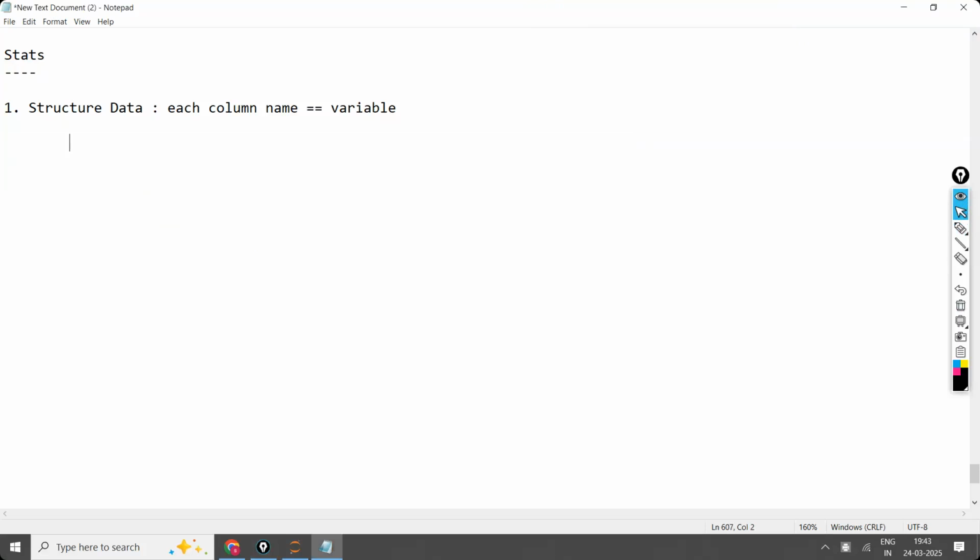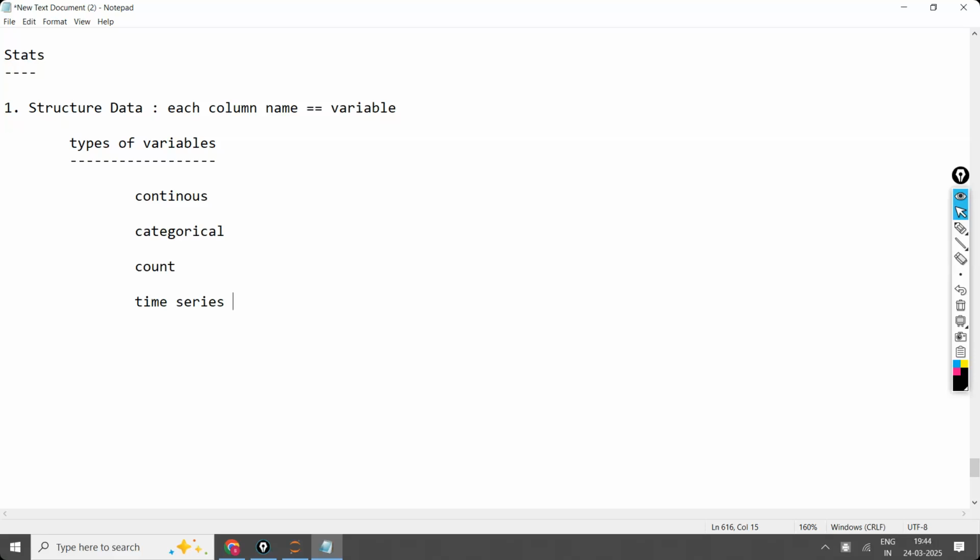Now, what are the different types of variables we have? I'm not saying the data types; data types are as per Python, while types of variables are irrespective of Python. Whether you work in Excel, SQL, Power BI or Tableau, this concept remains the same. We have continuous, categorical, the count variable, followed by the time series variable. These are the 4 types of variables.